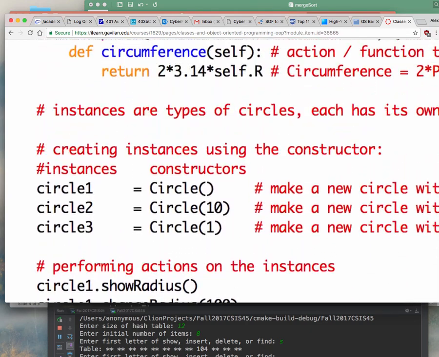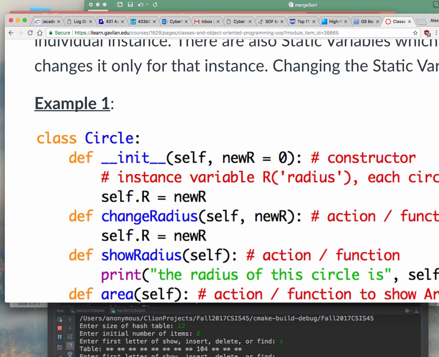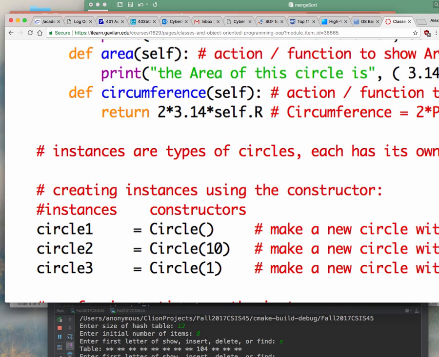Now, one thing to point out is there are different kinds of variables that can be part of these objects. This here is an instance variable, right? This means that every instance, remember the instances are these circle 1, circle 2, circle 3, every individual circle will have its own radius. If I change the property of circle 1, that is not going to affect the property of circle 2 because they're 2 different circles, right?